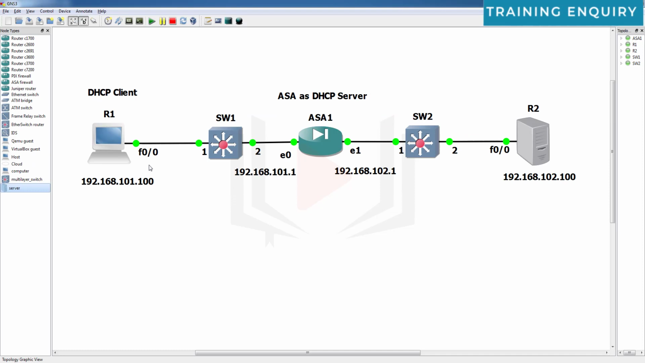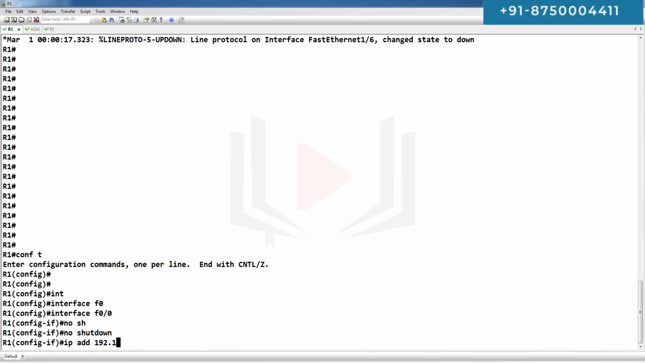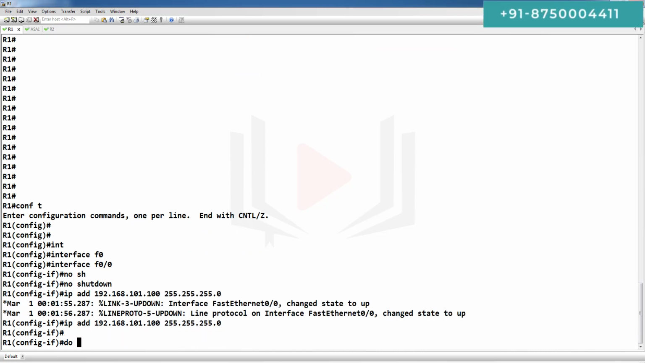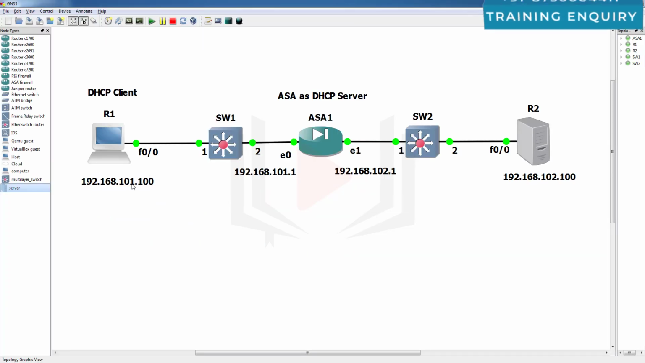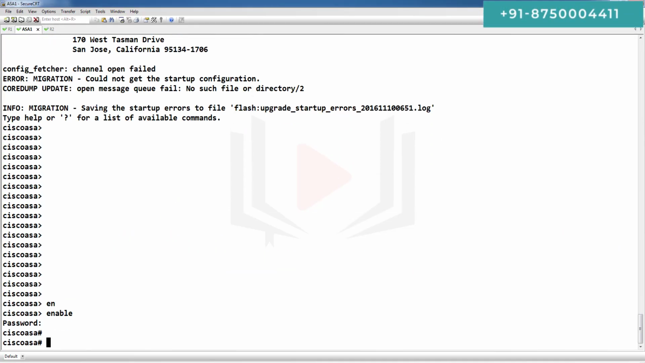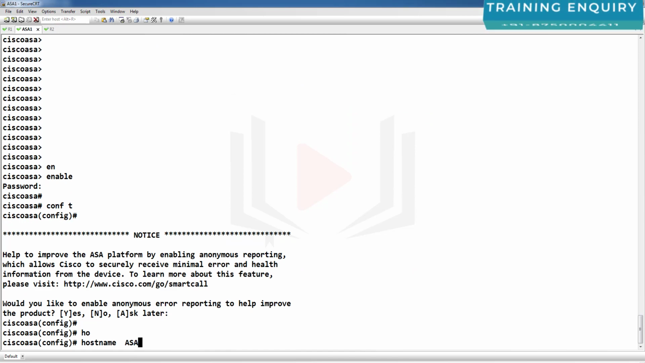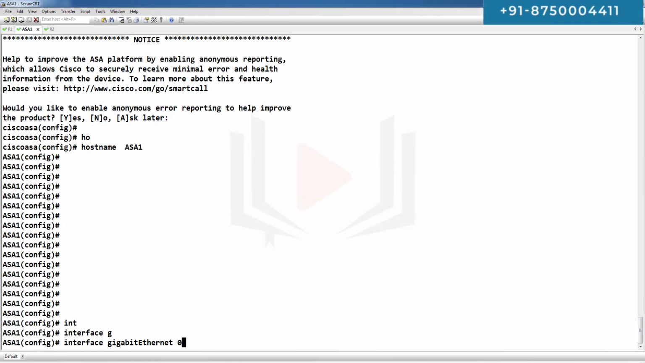On R1, interface F0/0, no shut, IP address 192.168.101.100. Do show history. Then we have to go to ASA: enable, conf t, hostname ASA1,